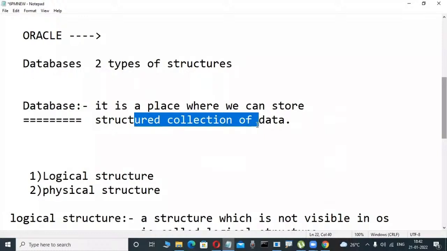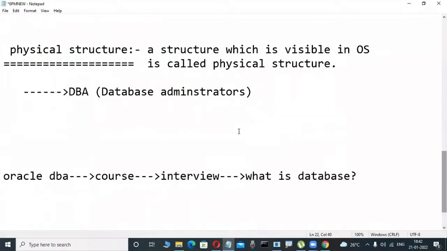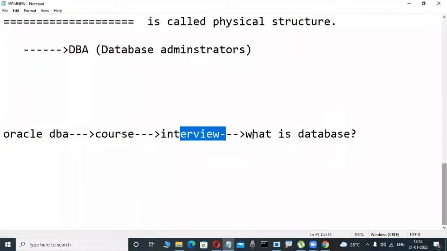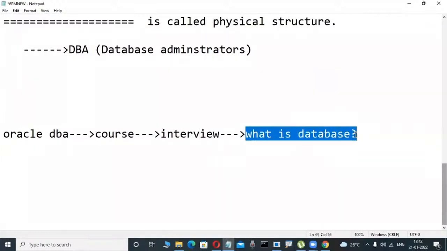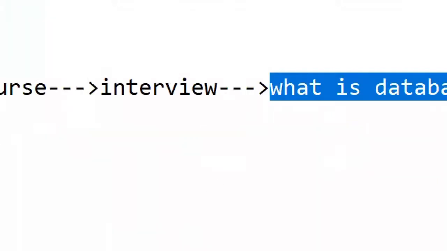From their point of view it's maybe not a problem. They think in an easy, logical way. They are understandable. But unfortunately, a DBA person has different knowledge. So when the interviewer asks what is a database, as a DBA programmer I don't say it is a place which stores a structured collection of data, that is wrong. That is the logical side. I am not telling that. I am telling the physical side. Whenever I'm installing